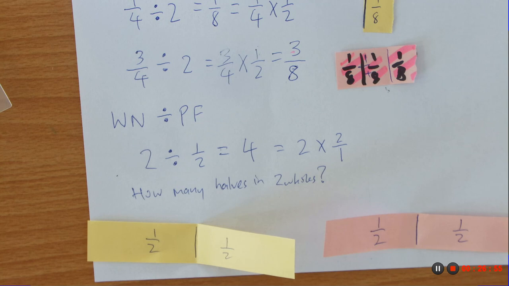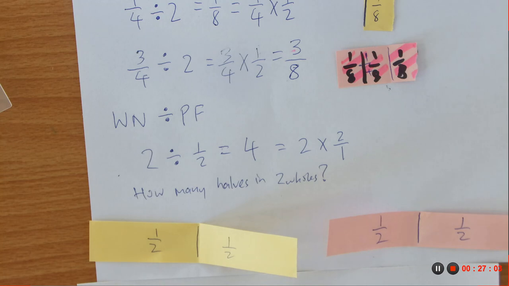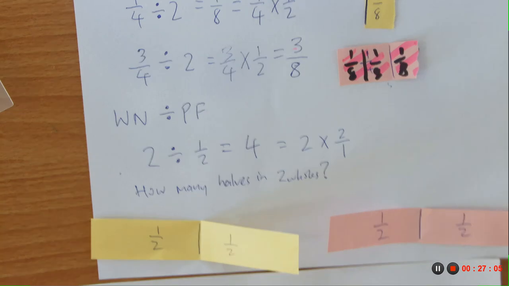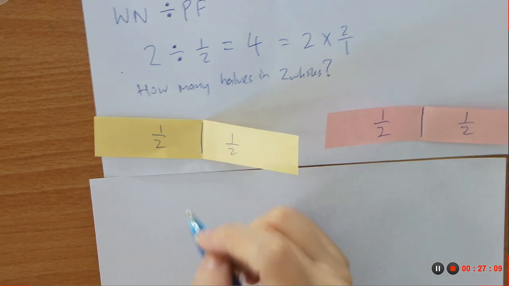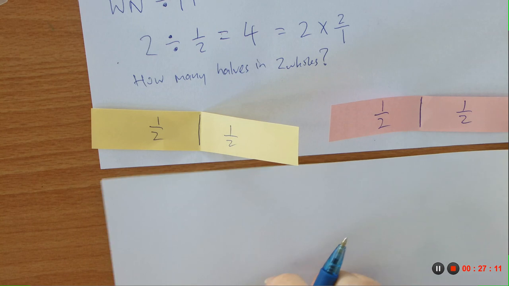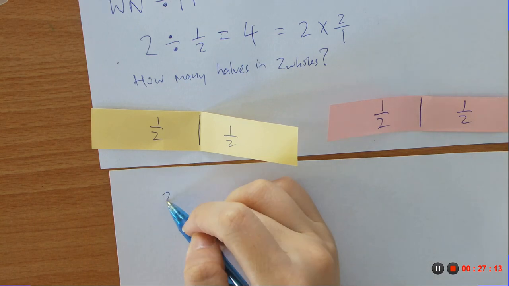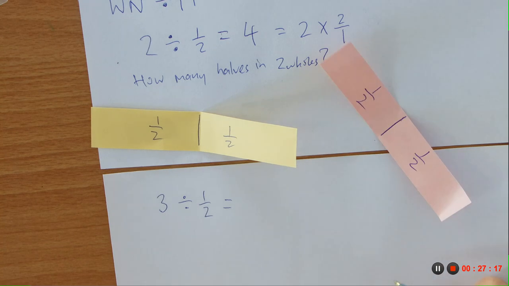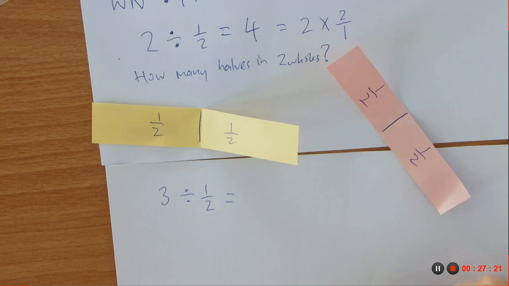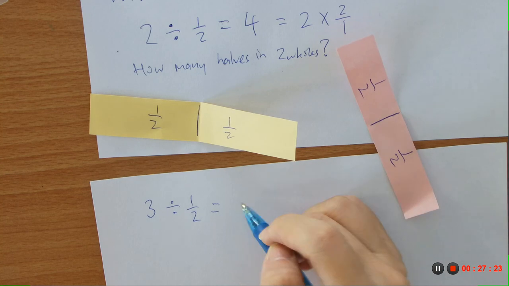How about 3 wholes divided by half? I will by here just use the shortcut. I will keep the number 3. Are you able to follow? Here comes the shortcut. 3 divided by half, I will keep 3, change the operation divide,